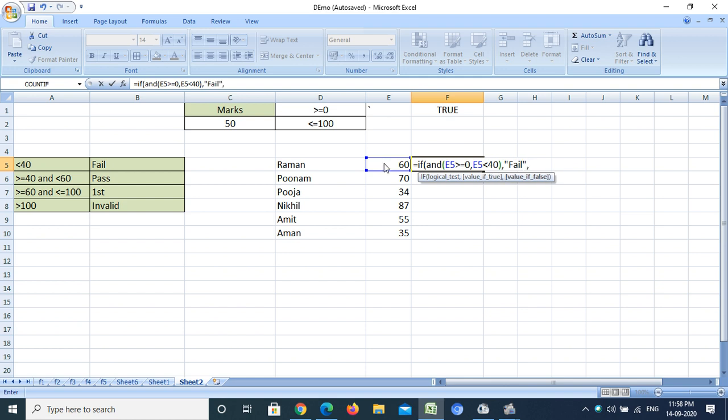Now again I have to put another IF within the IF condition, and I have to write the AND logical function. Now my condition is I want to check these marks should be greater than or equal to 40, second condition, comma, these marks less than 60. If this condition is true, then it has to display pass,